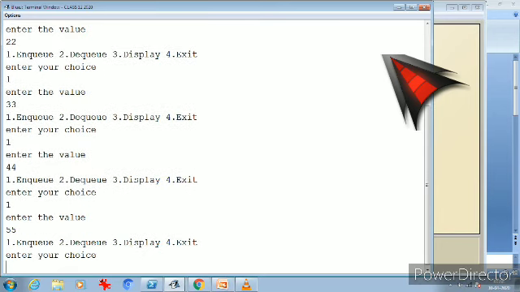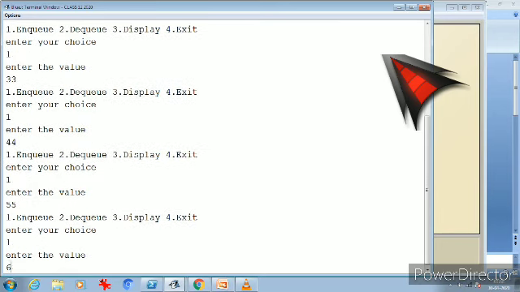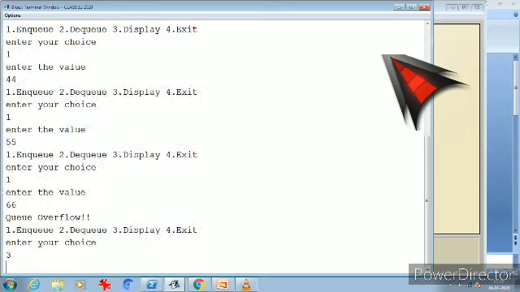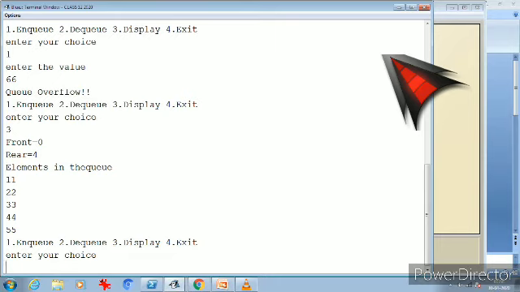Suppose I want to enter more, it will show me queue overflow. Let's now display. Right now my front is at 0, rear is at size minus 1, which is 4. The elements present in the queue are 11, 22, 33, 44 and 55.